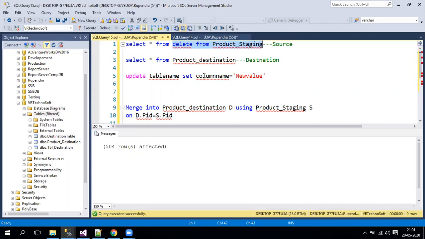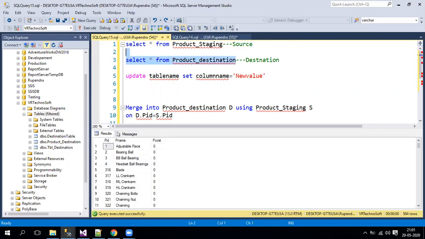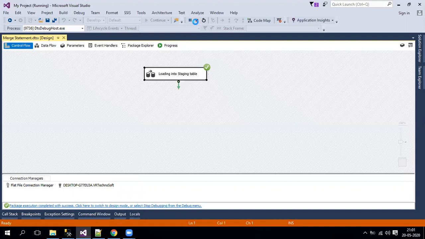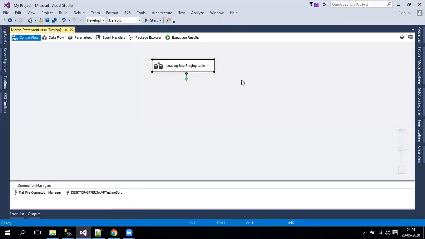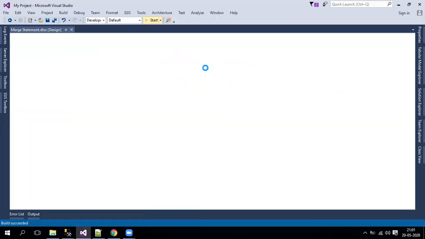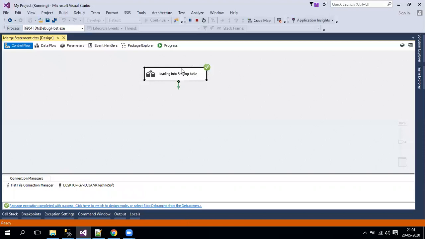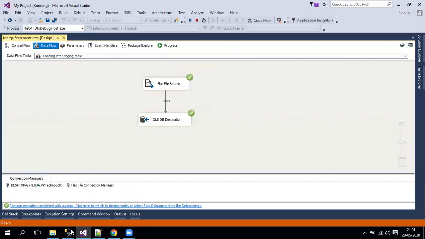I just deleted everything, but my data will still be there in the destination. Now I have three updated rows in my source file, and we'll run this and see. Now the data will be only three rows in my staging.